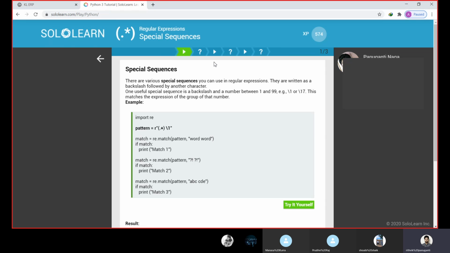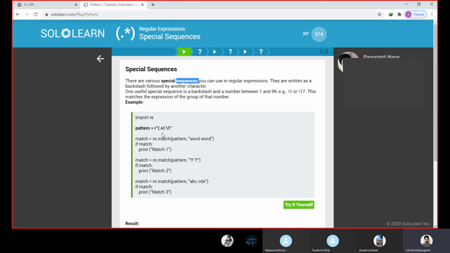Special sequences will be homework for you. So these are nothing but special sequences. We need to represent or check whether a sequence is present in our expression or not. Here is an example of (.+) followed by \1, that is, dot plus in the parentheses and then \1.